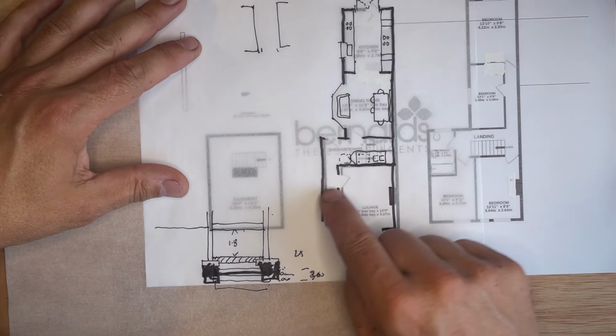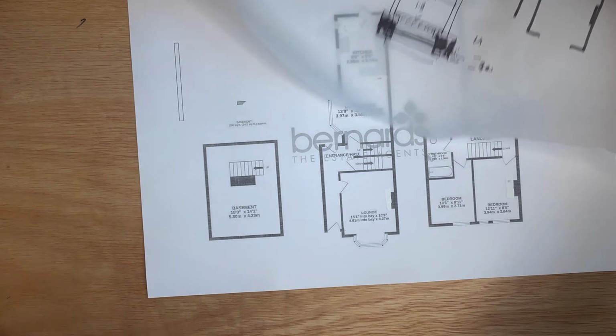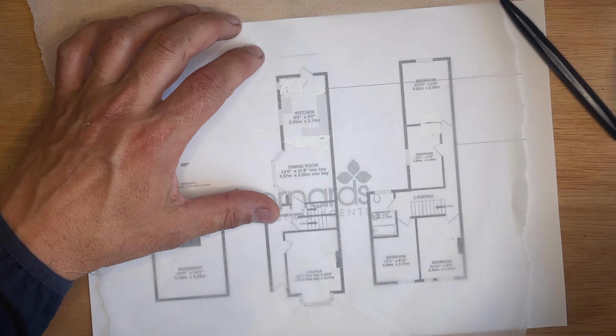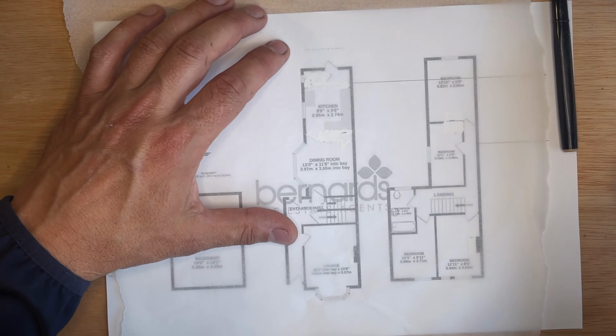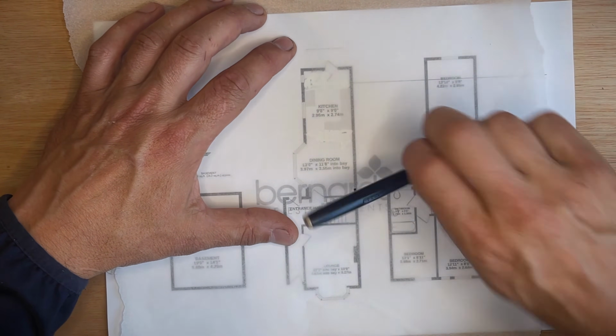So the toilet could go under the stairs, I suppose, to cut to the chase on that one. But if we wanted to try and flip the kitchen over so that the kitchen sat in the back of the room, then I think we'd still with that. So another option,